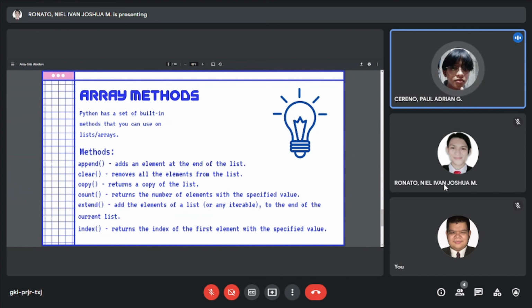Ito yung iba pang methods na pwede mong magamit sa Python. Python has a set of built-in methods that you can use in this array. Append, sinabi ko na nga kanina, adds an element at the end of the list. Clear, to remove all elements from the list. Copy, it returns a copy of the list. Count